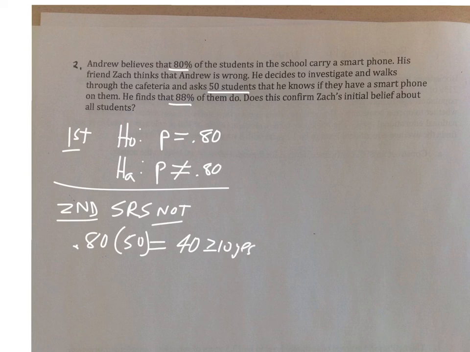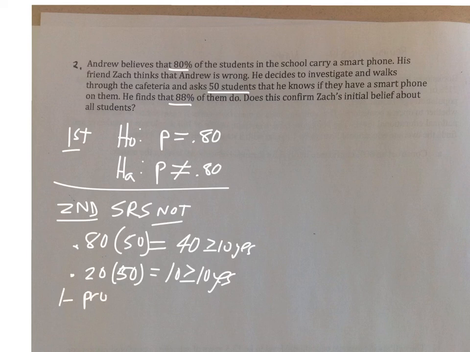So the sample seems big enough in that regard, but 20% of them won't have cell phones, and that would be 10. Well, that also just clears the bare minimum for the number required. It's a one proportion z-test, because we're working with all these proportions, and we can use, let's say, 5%